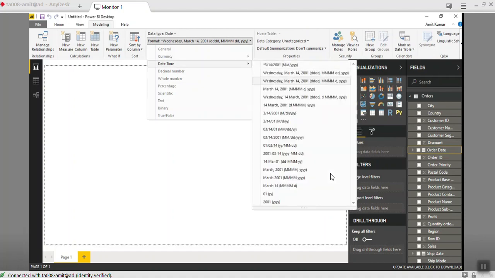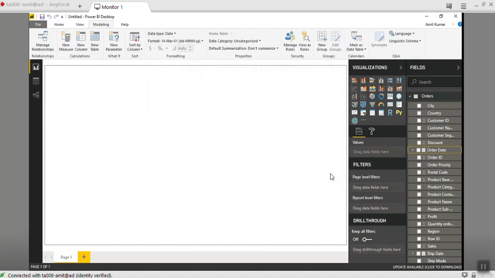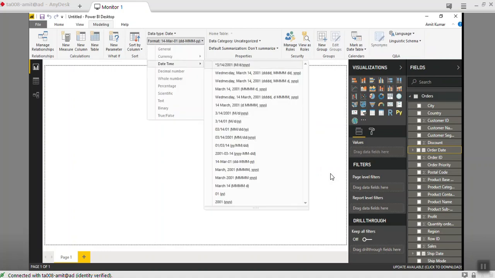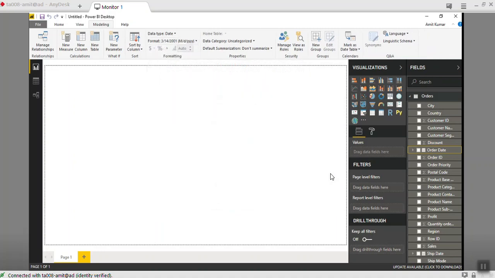So these are the formats available, and you can select. Suppose you want to change it to this particular format, DDMMYY, or maybe this option.